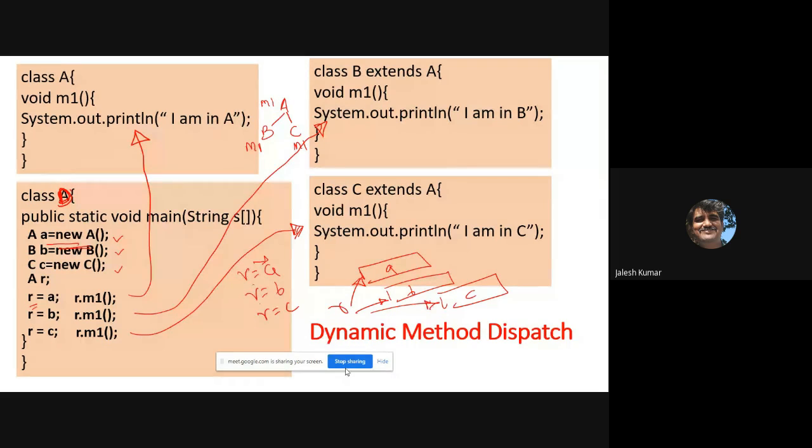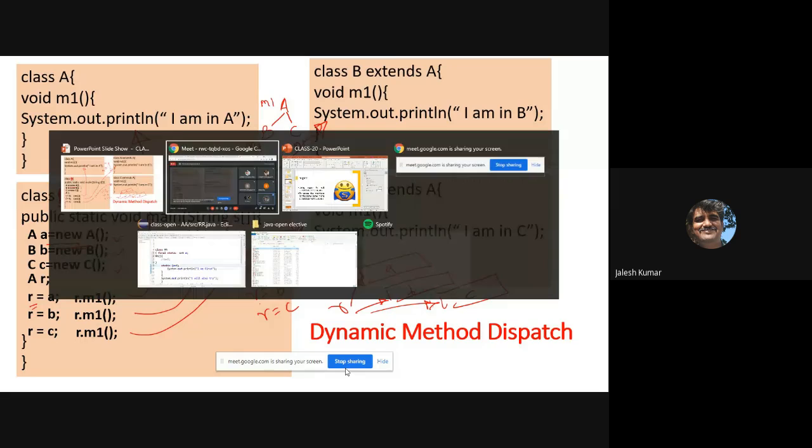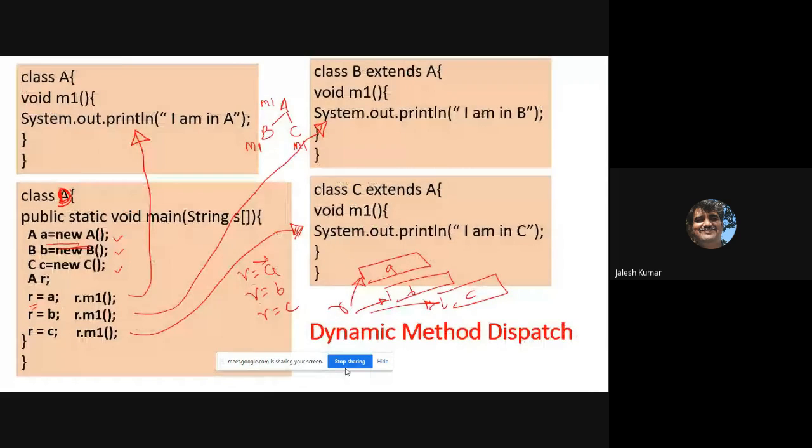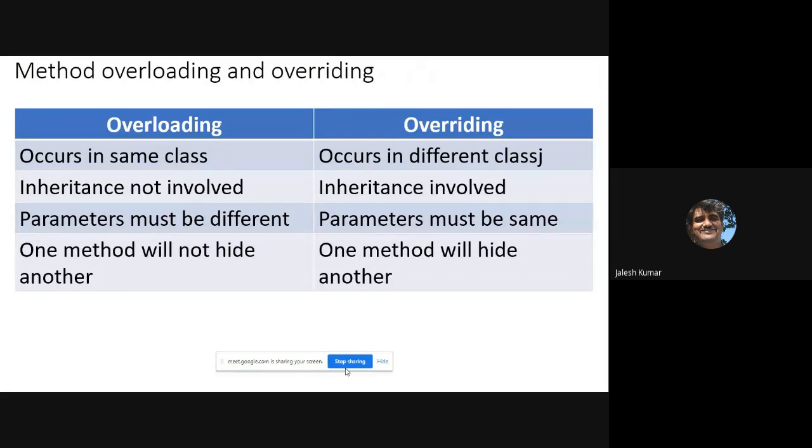So, runtime polymorphism, the advantage is this itself. As you go on changing the reference, it is pointing to that particular type of object and the method inside that. So that's what dynamic method dispatch is about. So this is the information about inheritance, and now we'll go through method overloading and method overriding, a very important question.